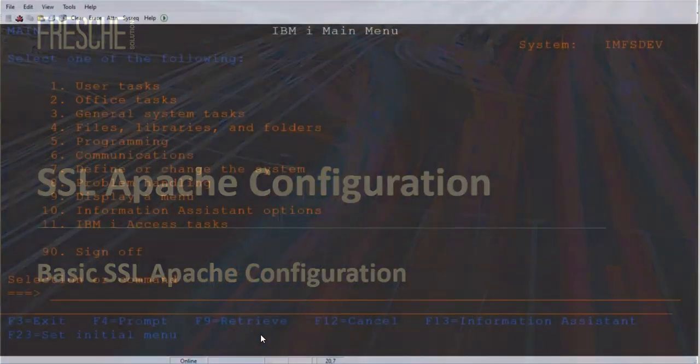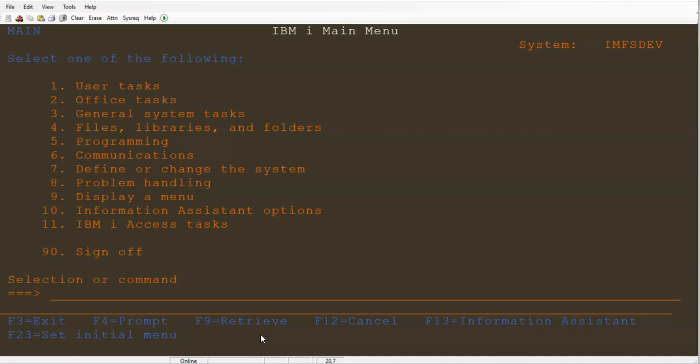In this video, I'm going to configure a default WebSmart Apache instance and enable it with SSL. So in a previous video, you may have watched where we've migrated an SSL certificate from one machine to another. In this video, I'm going to carry on with that a little bit further and configure an Apache instance to